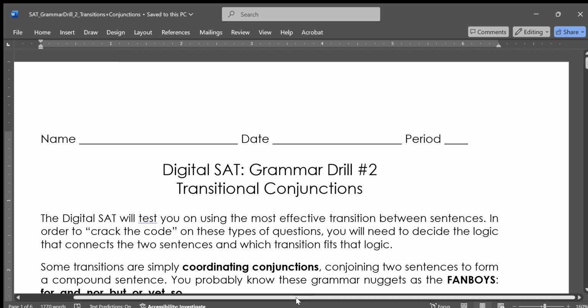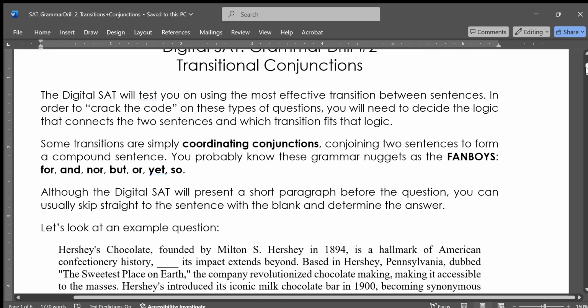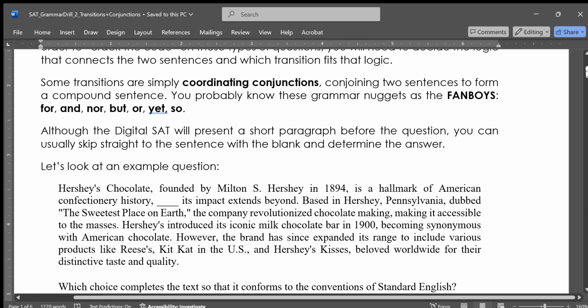We're going to take a look at how we use conjunctions on the SAT. So when the SAT is asking us about some grammar questions, sometimes the grammar questions are actually more writing questions, and that's what we're going to find today. So they're going to ask us different ways that we can join thoughts together, and one of the most common